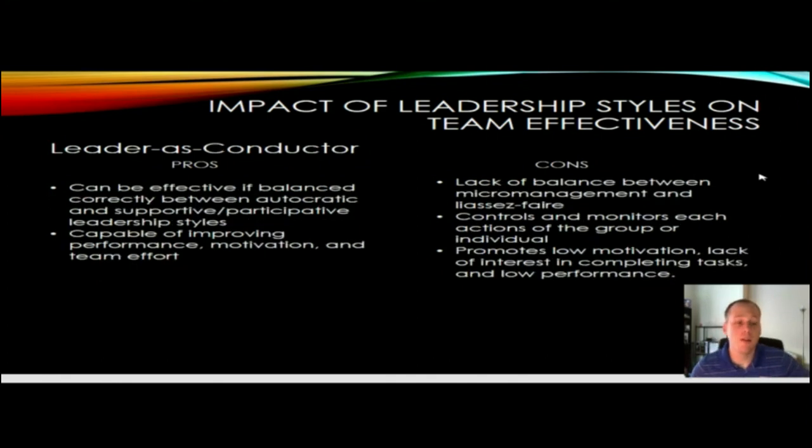The second one I'll talk about is leader as conductor. Now, this one tends to lean more towards micromanagement of the group, allowing not much of the individuality between certain tasks. But although it may be seen as an ineffective strategy, some of the pros are that it can be effective if balanced correctly between the autocratic and supportive leadership styles, and it's capable of improving performance and motivation and